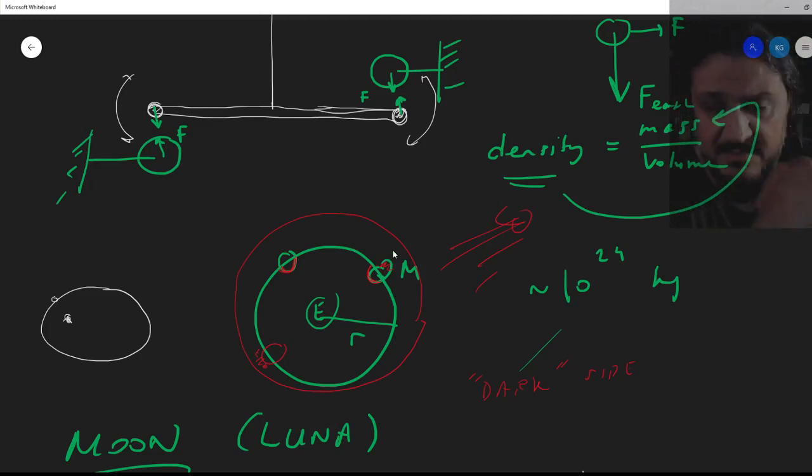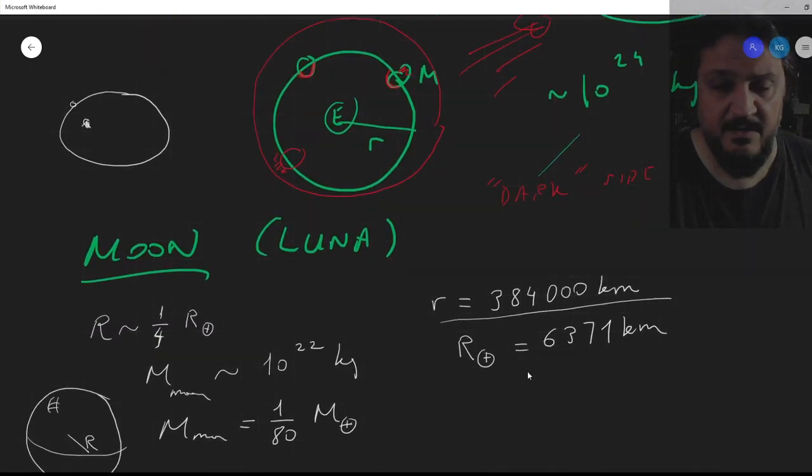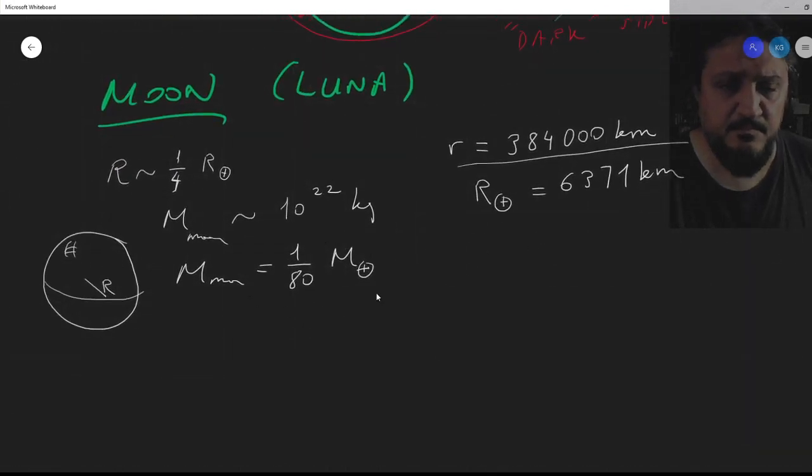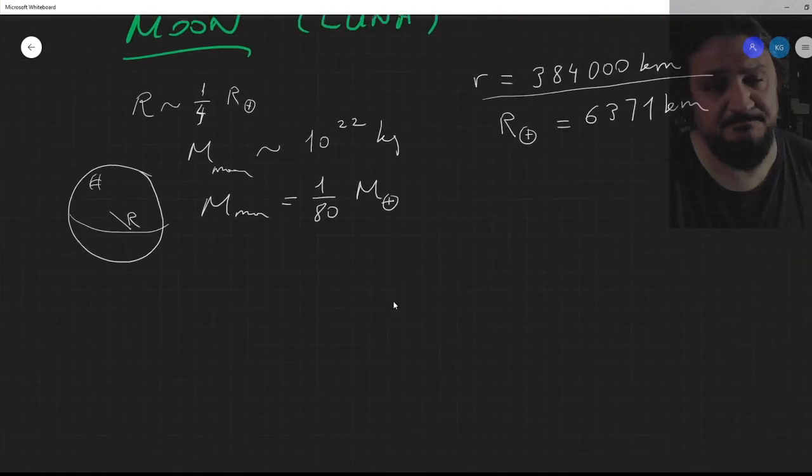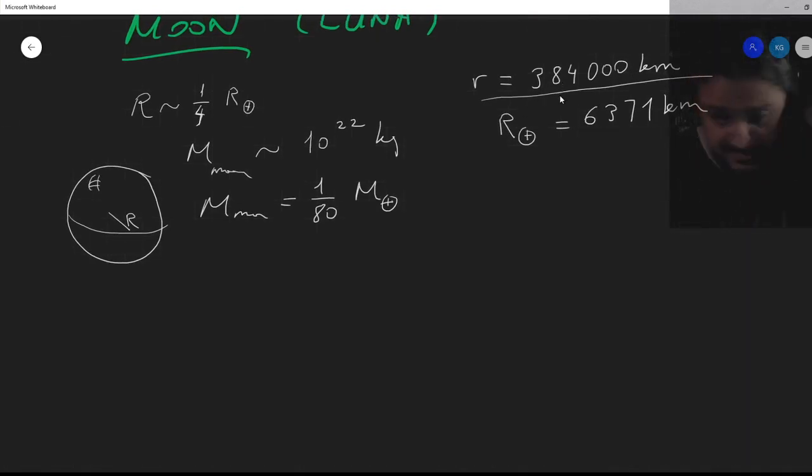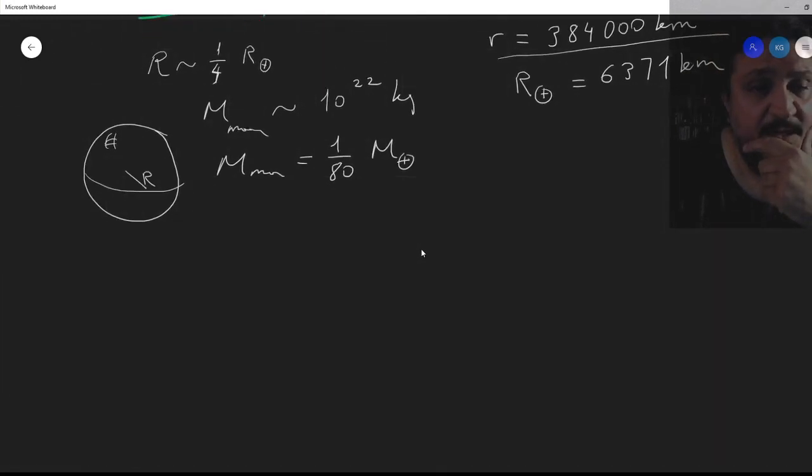So much about the Moon. It's smaller; the radius is 1/4 of Earth's radius, and the mass is 1/80th of Earth's mass, and it's 384,000 kilometers away. The Moon is important. We have our calendars made based on the Moon, and also we have calendars based on the Sun. So our next object in our planetary neighborhood is the Sun itself.